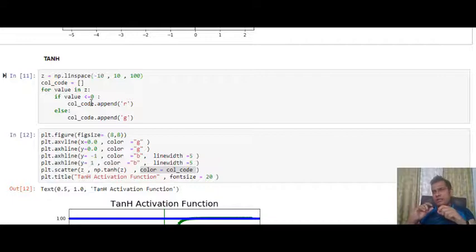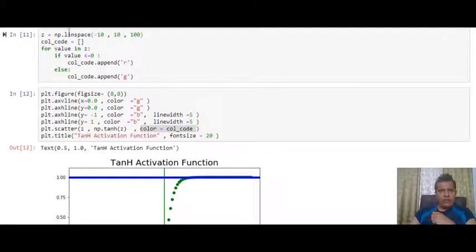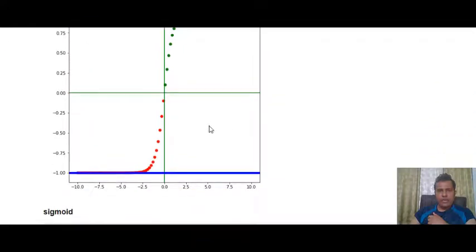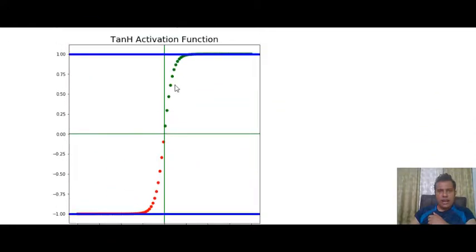Again, I am creating a variable z which would be acting as my x. I am doing my color coding, and then I am drawing my tanh function. In the tanh function, you can see that the graph is extending from -1 till +1, and over here 0 is acting as your decision boundary. Normally keep one thing in mind, that tanh function should be used especially in your recurrent neural networks and not in your MLP or in your CNN.